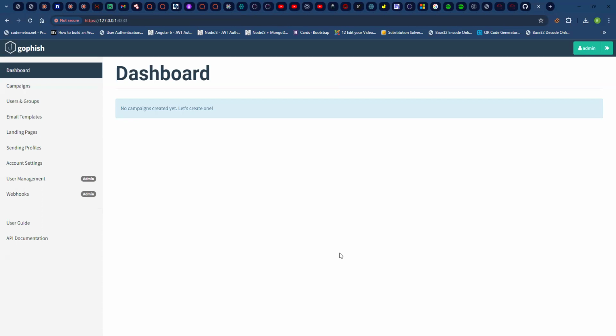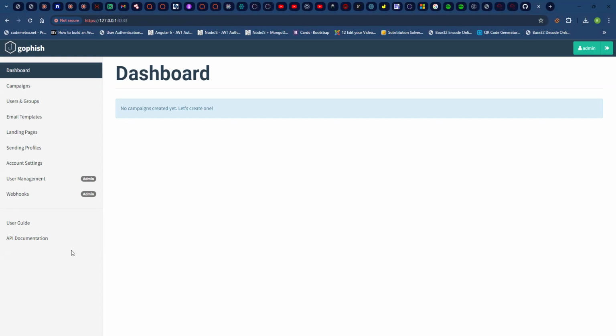Again, you have to keep in mind what we are trying to do. We are trying to set up a phishing environment. At the end of the day, we want to be able to set up GoFish and we want to be able to use it to send out phishing mails. So send out phishing mails, that's the end goal. I want to look at how we can use GoFish to do all that.